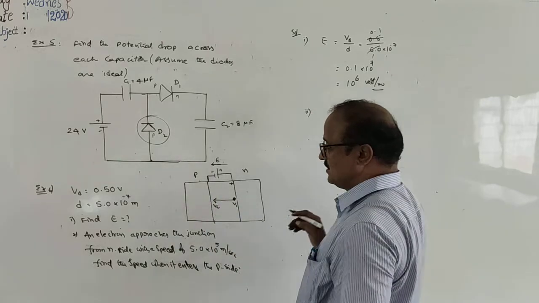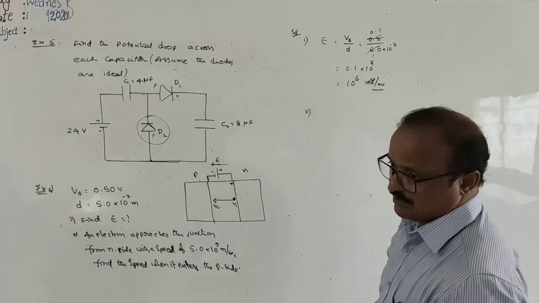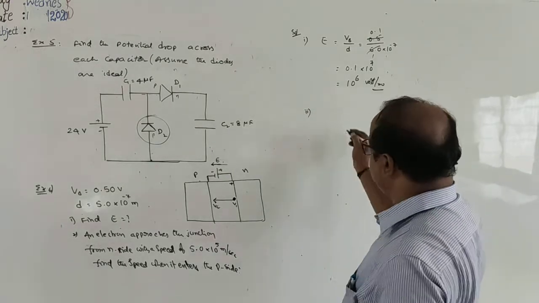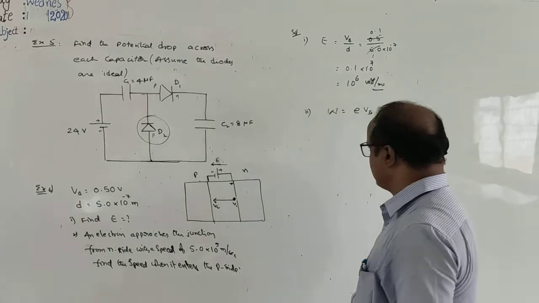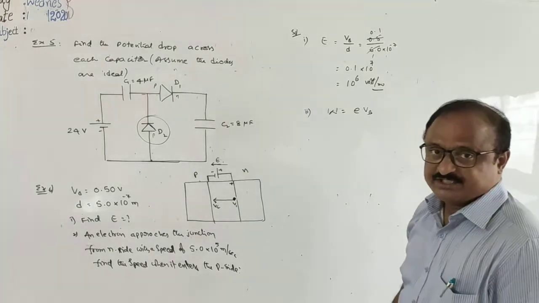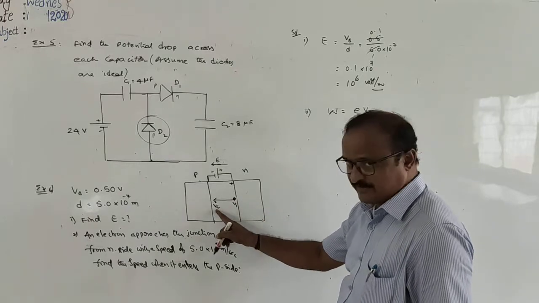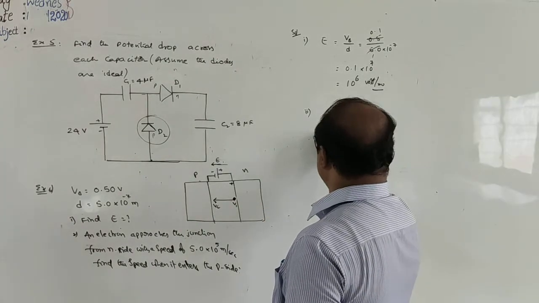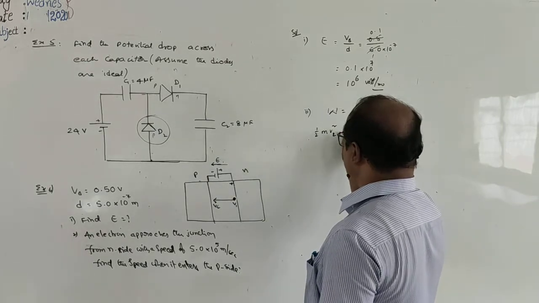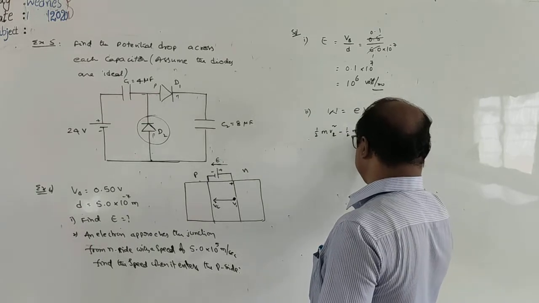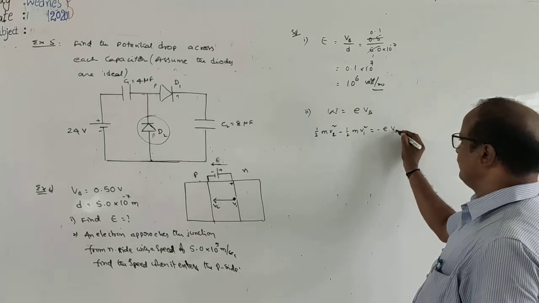So in this condition, work done is for this unbiased p-n junction diode. In case of an unbiased p-n junction diode, you know work done W is equal to E into V. Work done W is also equal to change in kinetic energy. Here the initial kinetic energy is more compared to the final kinetic energy. That means, suppose half m v2 square minus half m v1 square is equal to the charge of the electron, which is here minus E, into V.